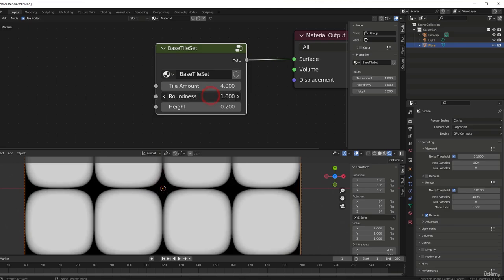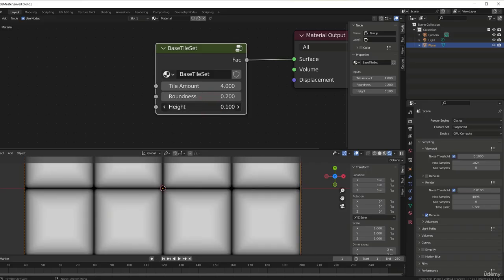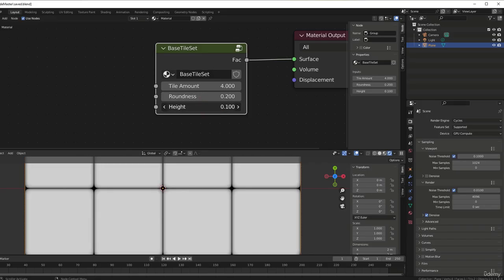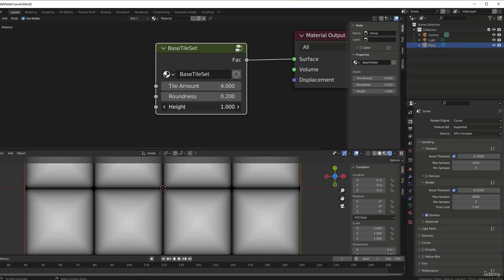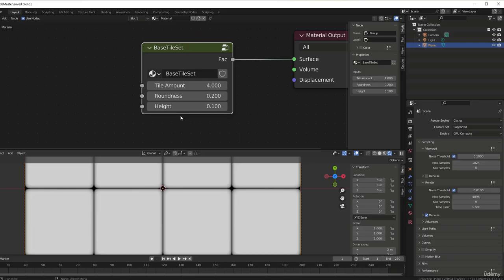We can change the roundness between those values, and that works pretty well, easy to set. And we can change the height from nothing or almost nothing to 1, and that also works very well, so it's easy to put that in. The only thing that I think should not be as it is right now is the tile amount, because if I put that to